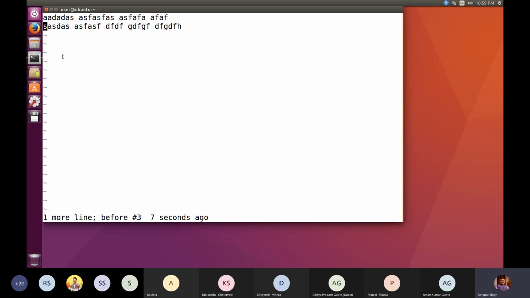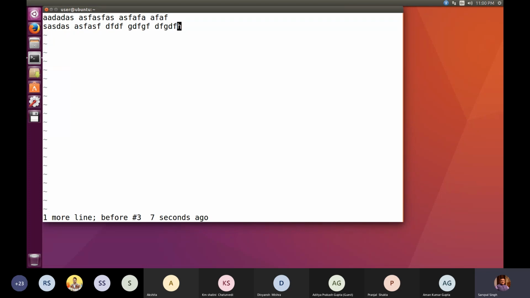And again, you can see that I am making use of these arrow keys. I am moving my cursor to the right through the right arrow key, which is available on my keypad. But at the same time, I can get the same effect with alphabet L also. See, this time I am not pressing the arrow key, I am pressing alphabet L, the key L on the keyboard.